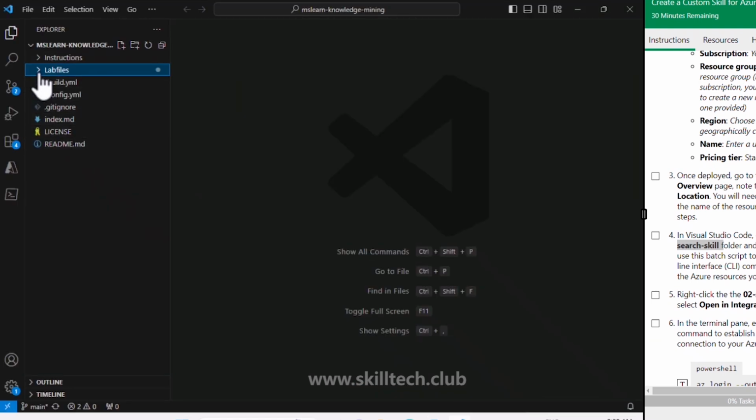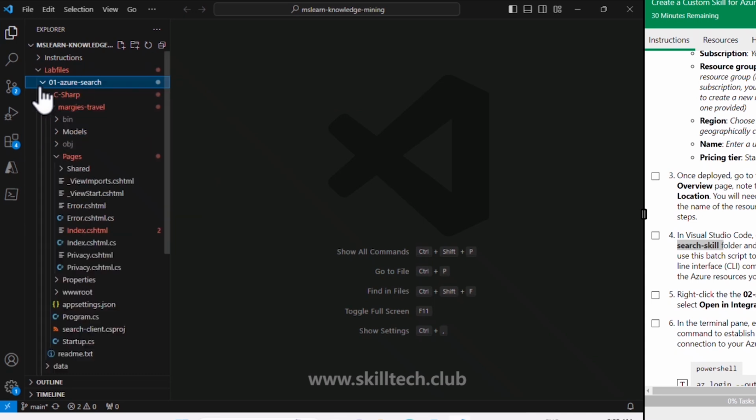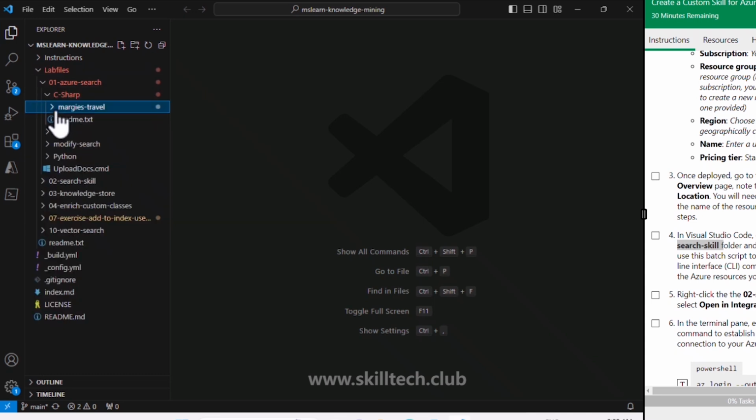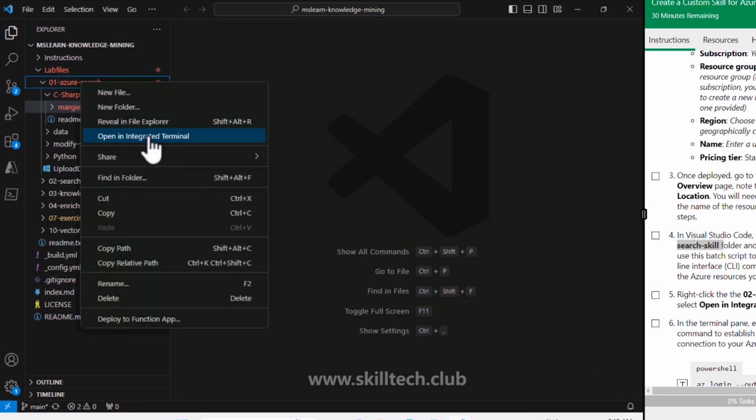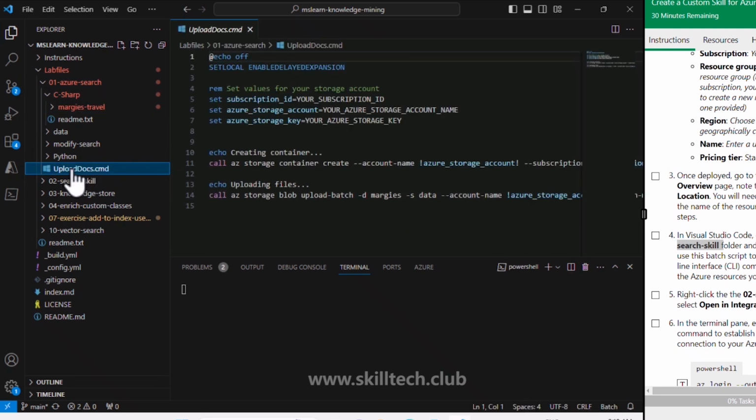Now we are going to expand the lab files, and the first thing we are going to do is focus on this first lab, which is Azure Search. Inside this we have a C# folder, and we have data, modify search, and Python folders. The first thing we have to do is right click on this Azure Search folder and open it in the integrated terminal. In this terminal, we want to use this command prompt file, which is upload docs.cmd. This file is looking for your subscription ID, your Azure storage account, and your Azure storage